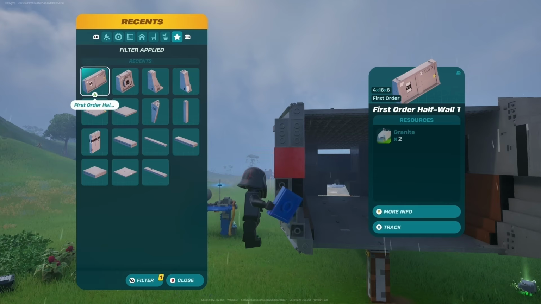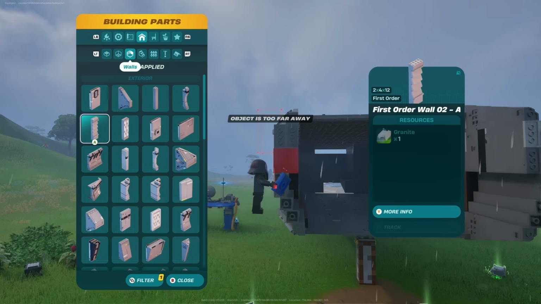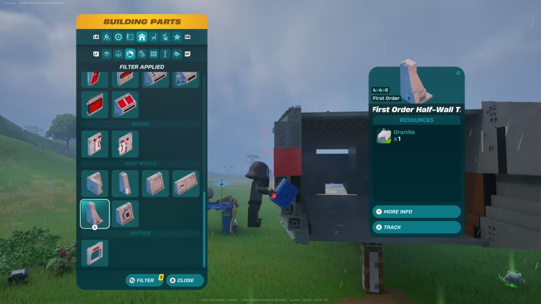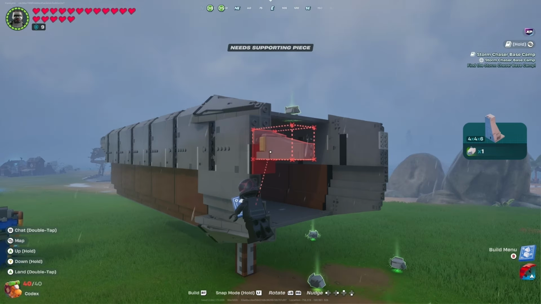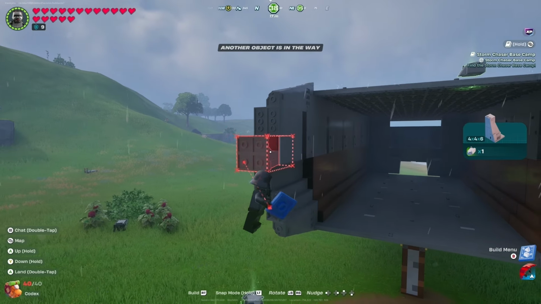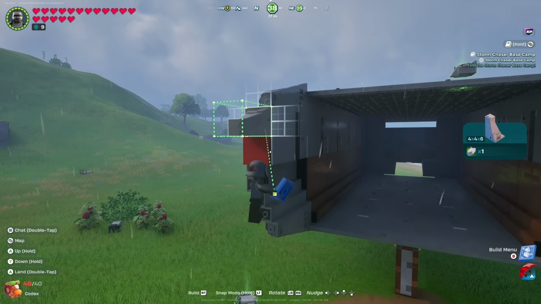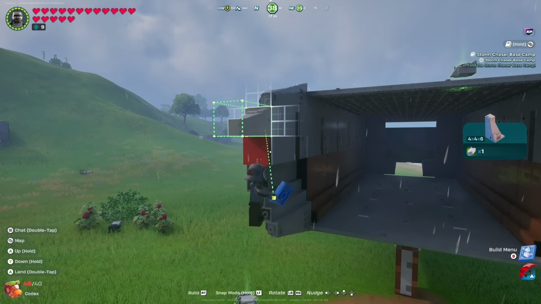Then we're going to go back to the first order kit. And down in the half wall section here, we have a couple of different walls we're going to be using. We're going to start with this first order half wall tapered. We're going to aim right at where the pressure plate is, meeting the wall. And then we're going to bring this thing on up. And now, if you're lined up with the...